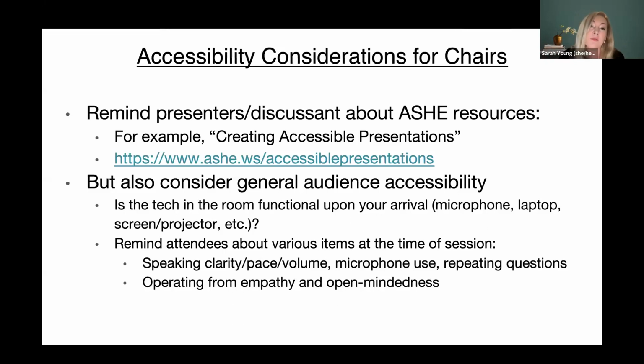Also, it's important to remind your attendees and also your presenters and discussant about a few different items at the beginning and throughout your session sometimes. So speaking clarity, pace, volume, but also using the microphone to discuss the different content that's being provided and presented, and to ask questions and possibly repeating questions if it wasn't audible for a presenter to hear to be able to